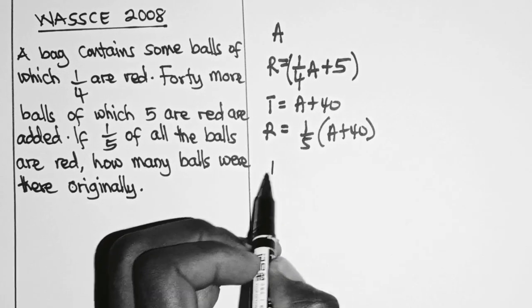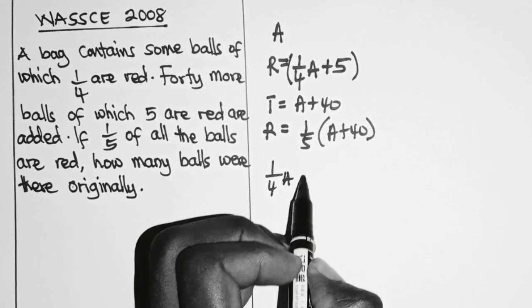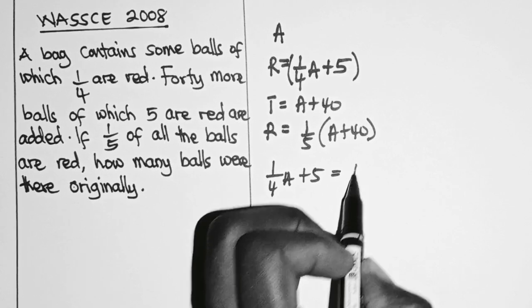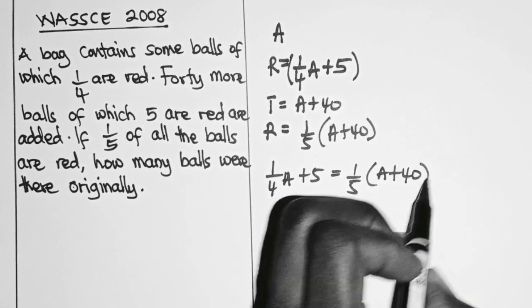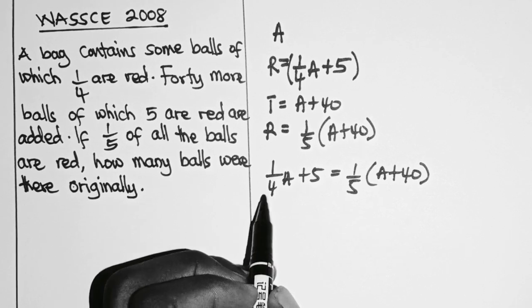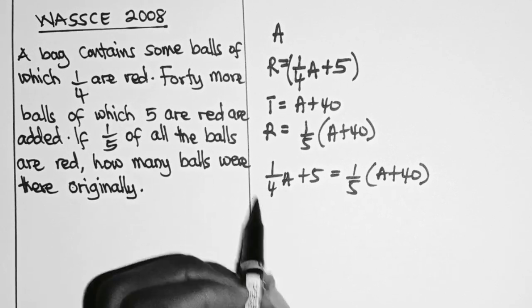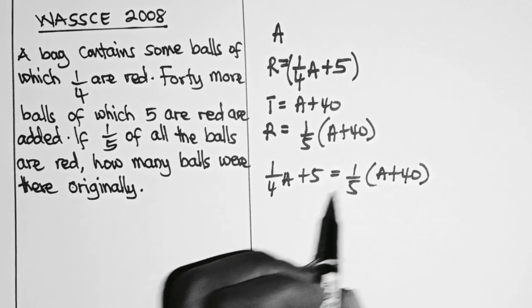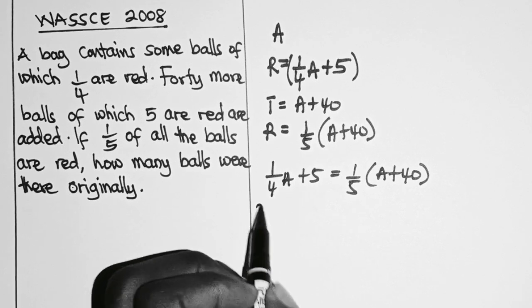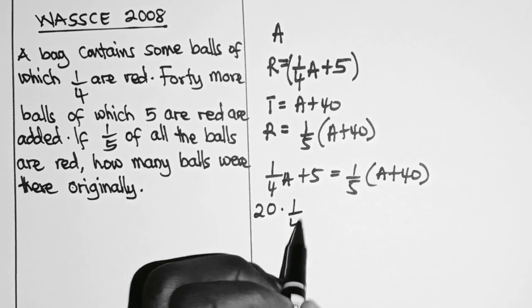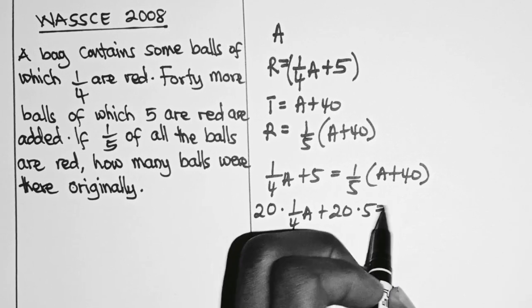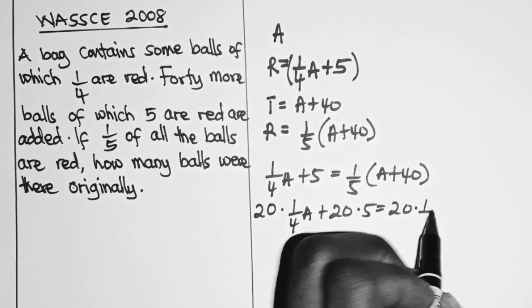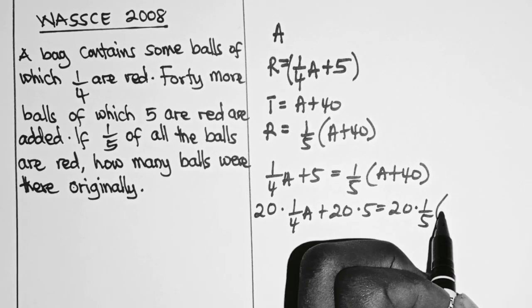So it means that 1 over 4A plus 5 is equal to 1 over 5 times A plus 40. So let's multiply through by the lowest common multiple between 4 and 5, and that is 20. So here becomes 20 times 1 over 4A plus 20 times 5 equals 20 times 1 over 5, then times